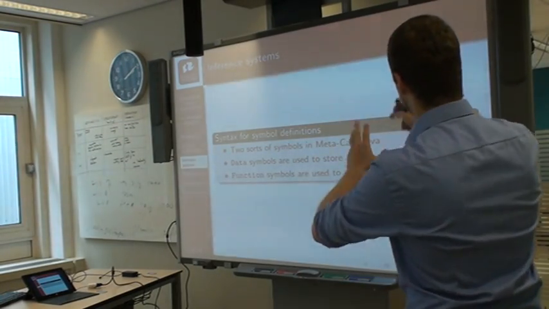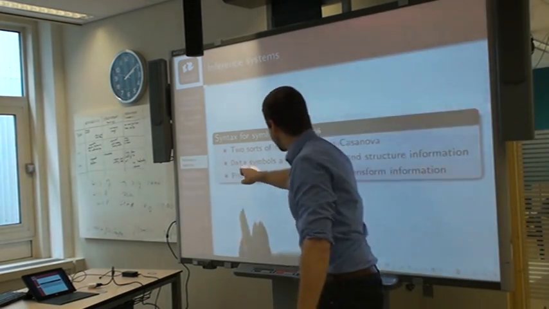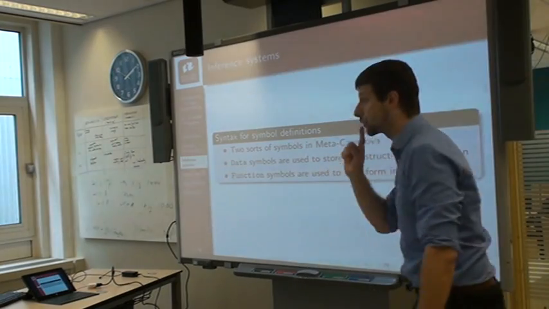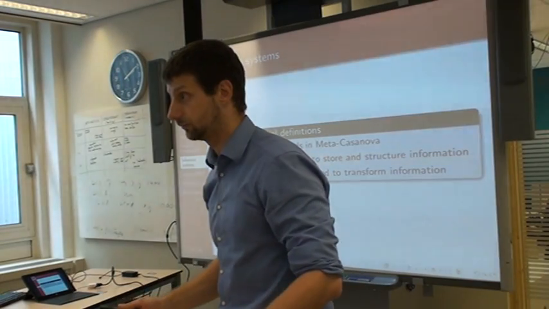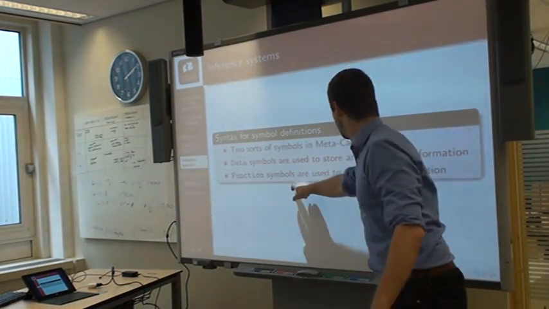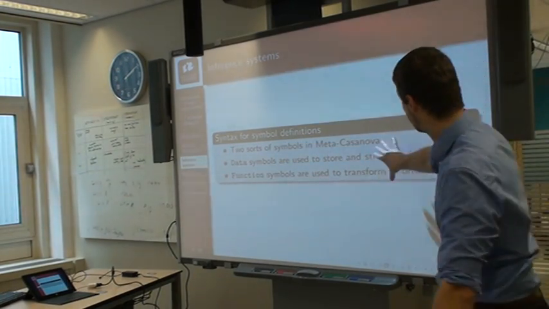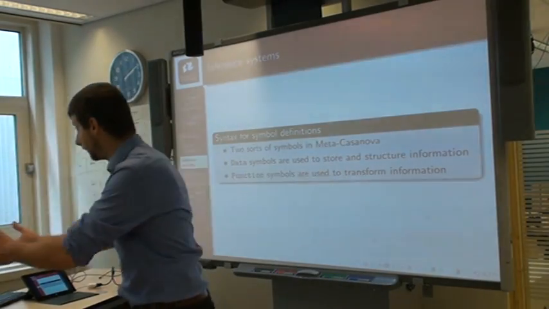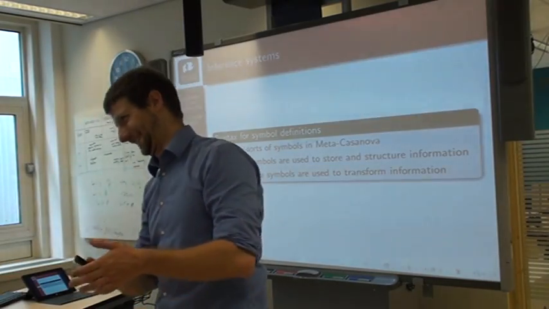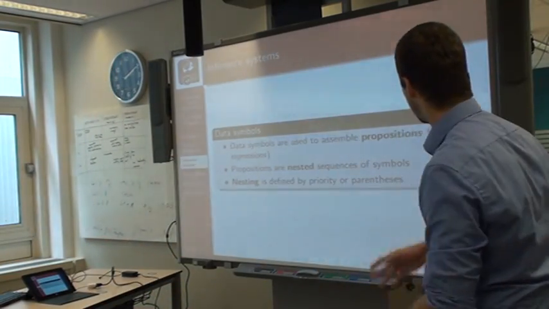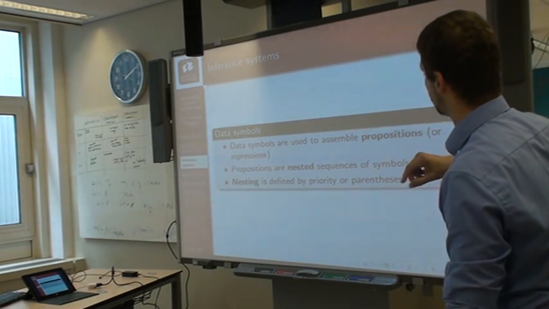Good. So, we have 2 types of symbols in Meta Casanova. We have data symbols which we use to store and structure information. So data symbols are information containers. Then we have function symbols, which are used to specify where information is transformed. So the names have been kept as typical names, so data to define data, functions to define function. Yes, exactly. Thanks. So, data symbols are the ones we use to assemble most of propositions, which we also